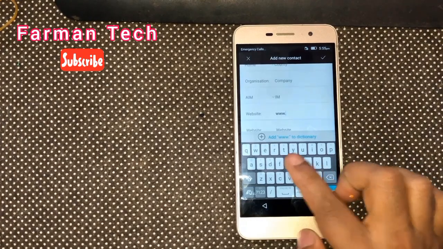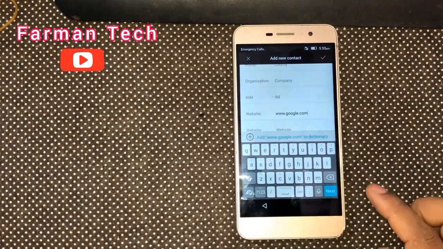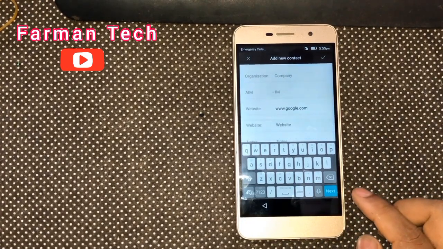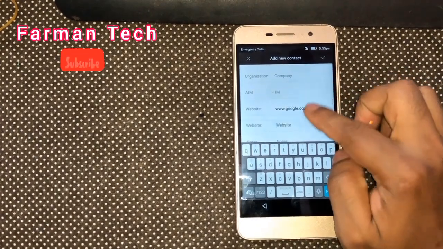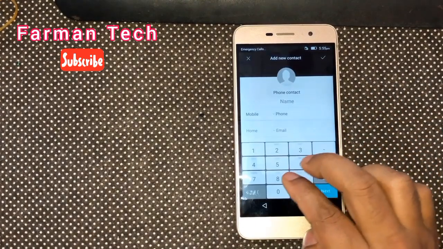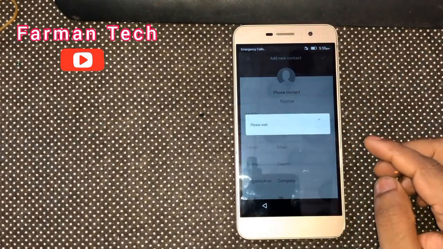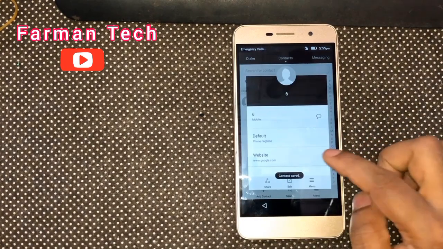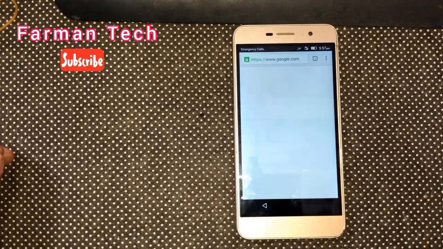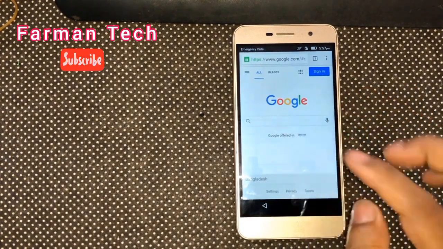First of all, you have to enter Google link and next it. So now click save it. After that, now click website. You can see here Chrome browser is open. Now you can see here. Now you have to search